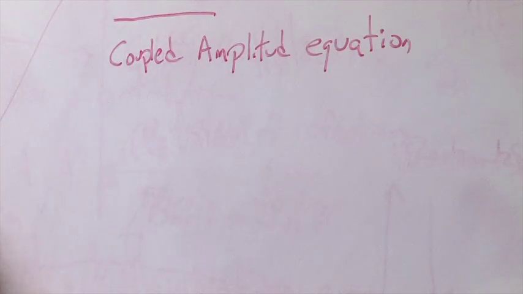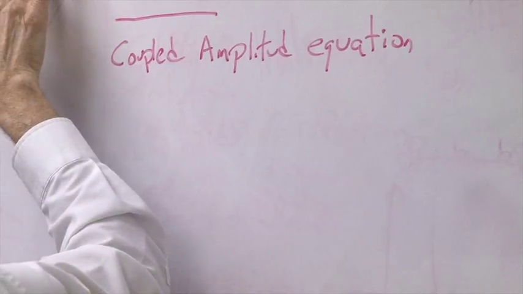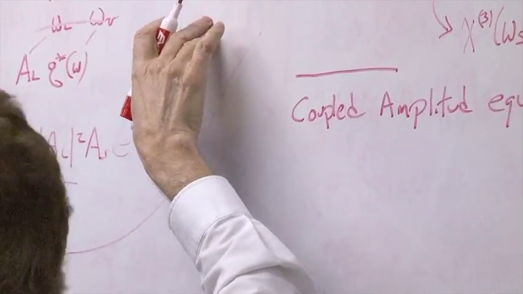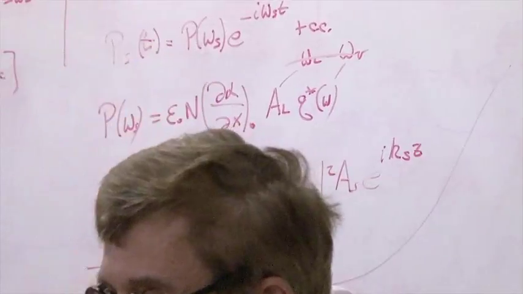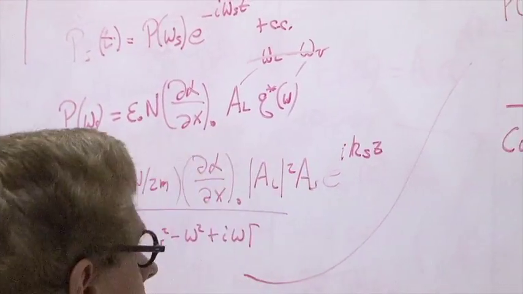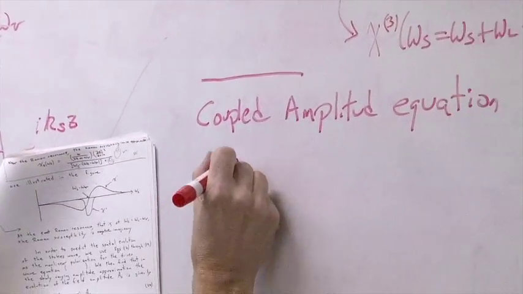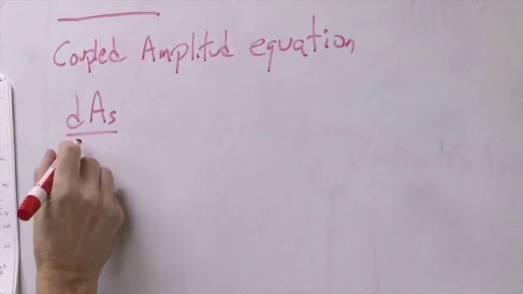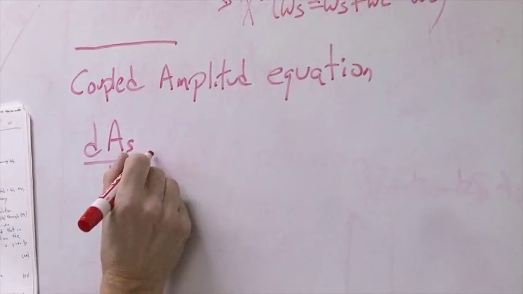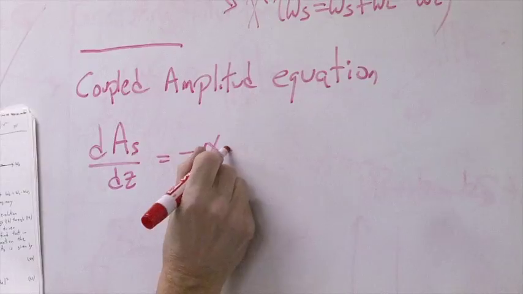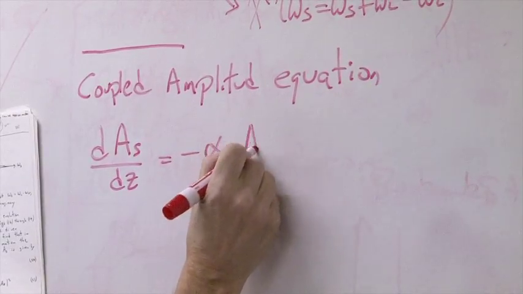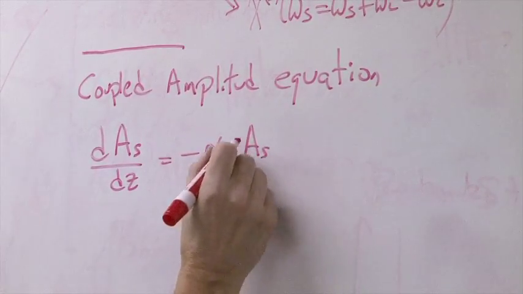And I won't go through all the steps. We've done it too many times. Knowing this, you know what the nonlinear polarization is. You can use that in the wave equation. And after a few steps, you find that dAs dz can be written as minus alpha s times As